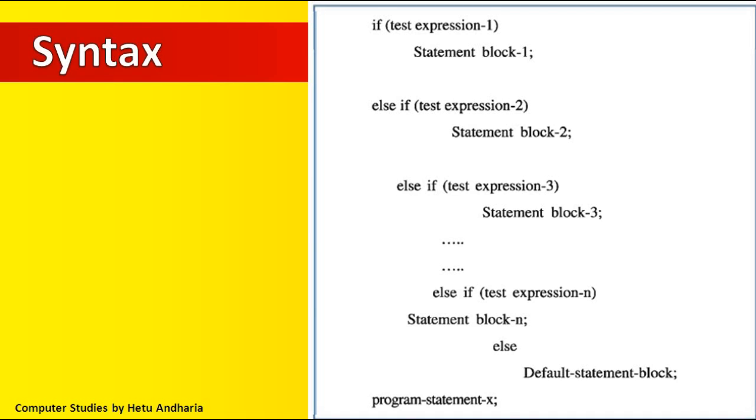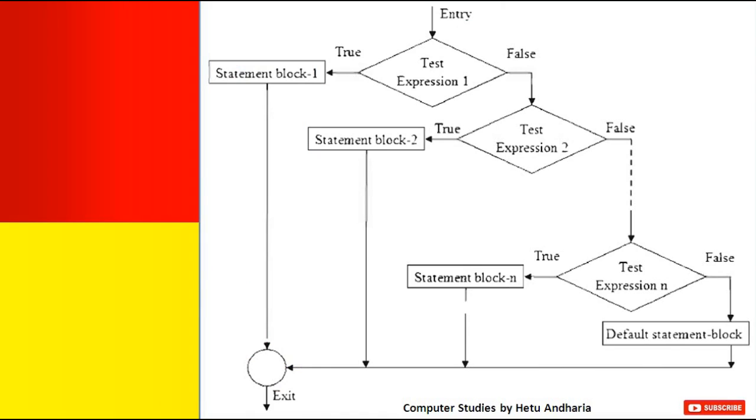Now we'll have a look at the flow chart before doing this practically. The first thing is entry, where the student will enter his marks. Then test condition 1: are the marks greater than 70 and less than 100? If yes, then the condition becomes true, the true part will be executed, that is first class with distinction.